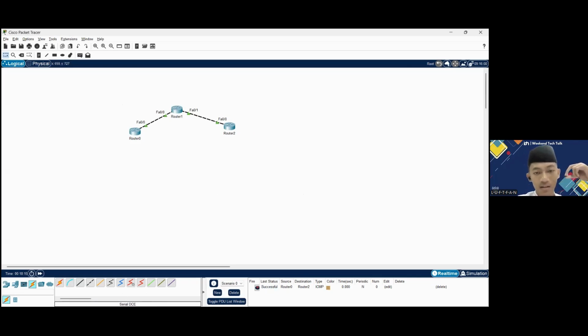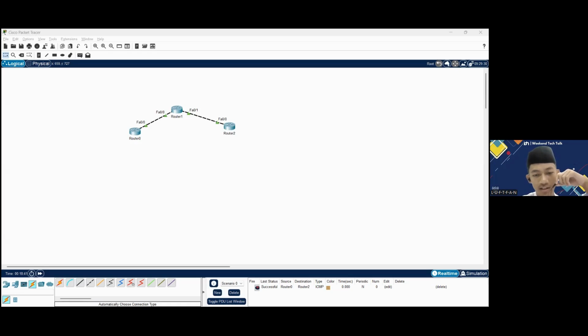Okay, now we'll configure the basic EIGRP authentication. Here we will try to make an authentication on the interface.